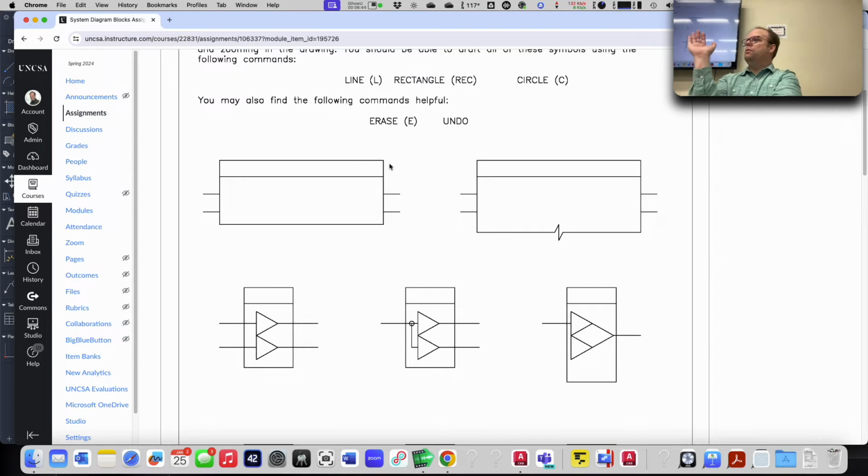Now, this is an important concept for AutoCAD to understand. AutoCAD does not draw in scale. What I mean by that is there are some drafting tools that you may be familiar with or have used before where you have to decide your drawing scale first. Eventually, hopefully, when you do these drawings, they will end up on a document, either a real or a virtual piece of paper. And that piece of paper will have a certain size. And when you print your drawing onto that piece of paper,